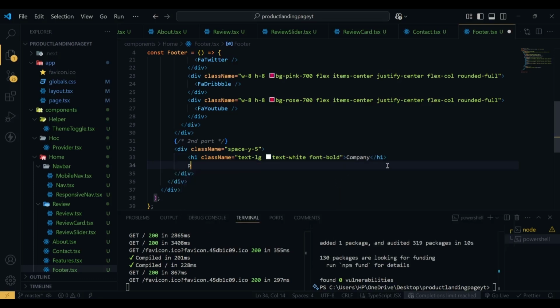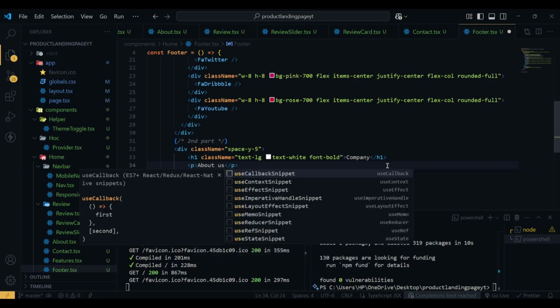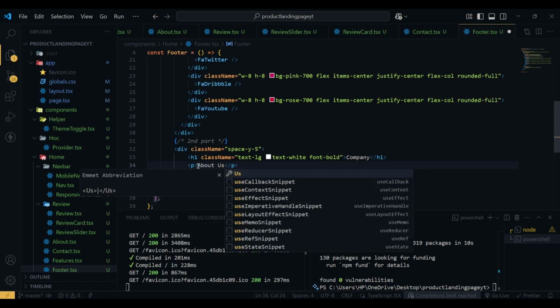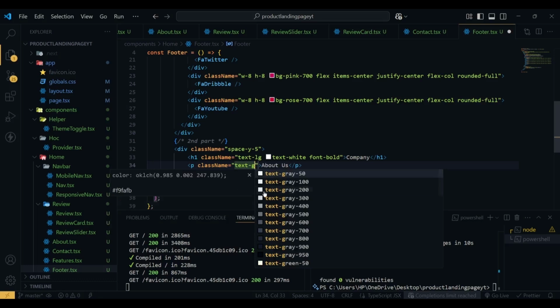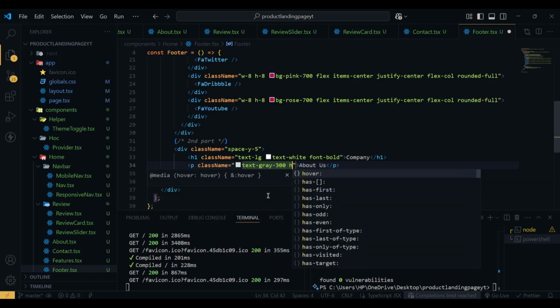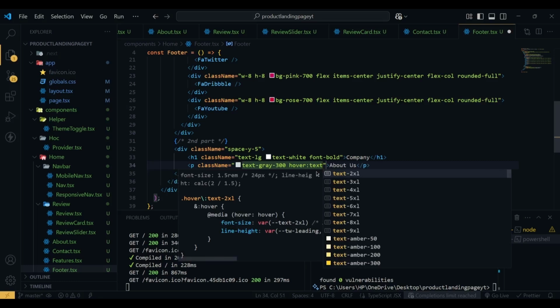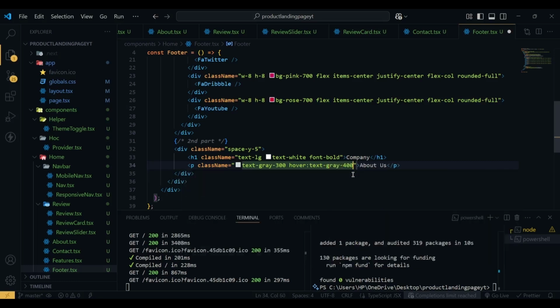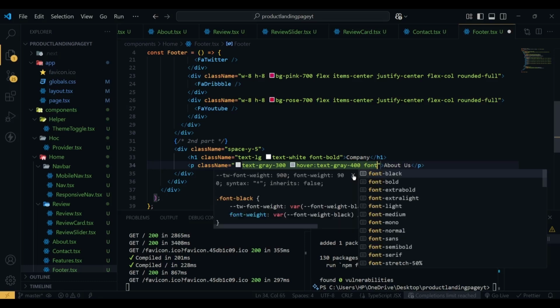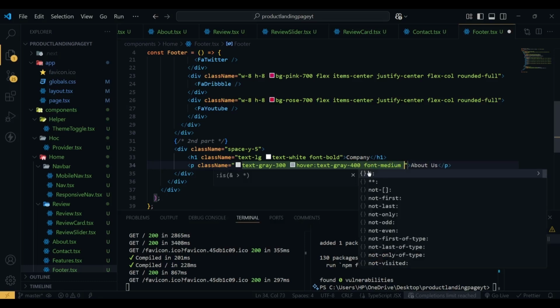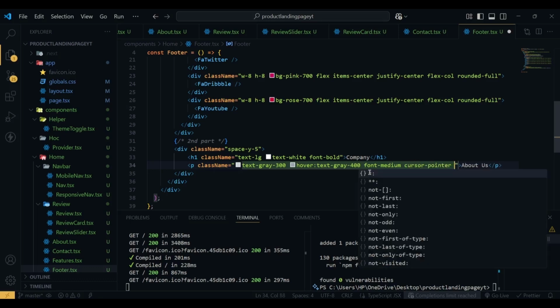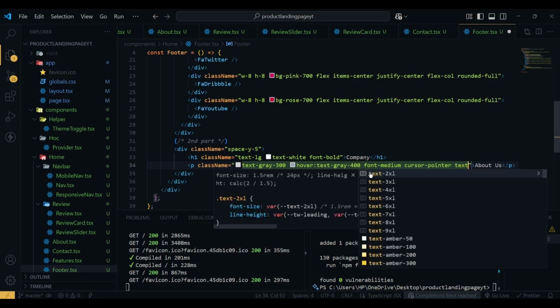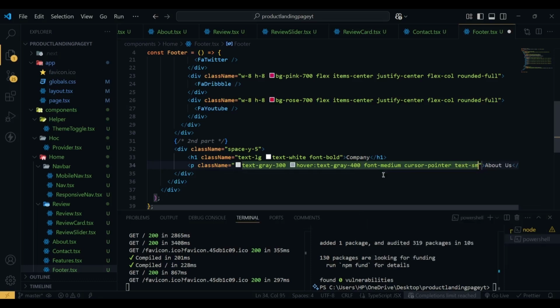Then we have a p tag with the text about us, and this p tag will have a class name of text gray 300, in hover text gray 400, font will be medium, cursor pointer, and text will be small. It's saved. And then we have